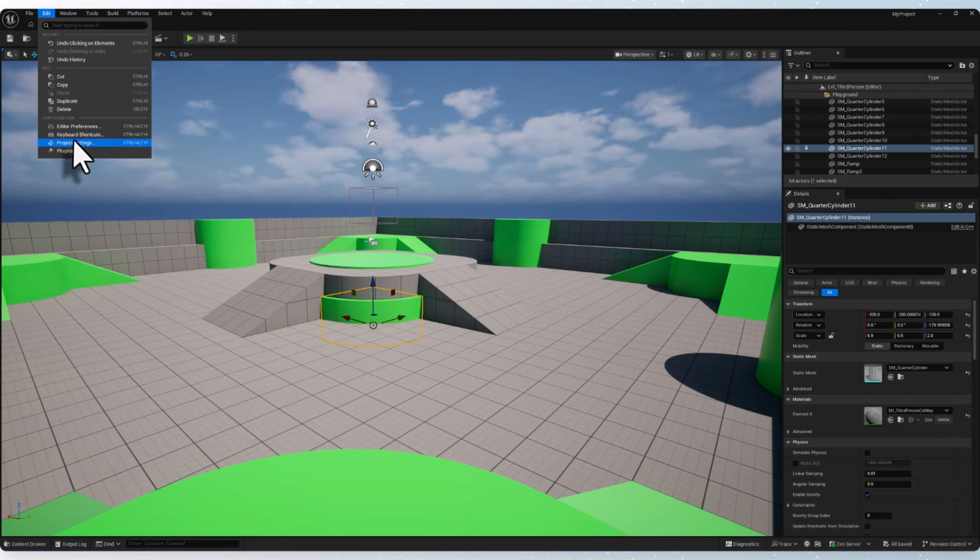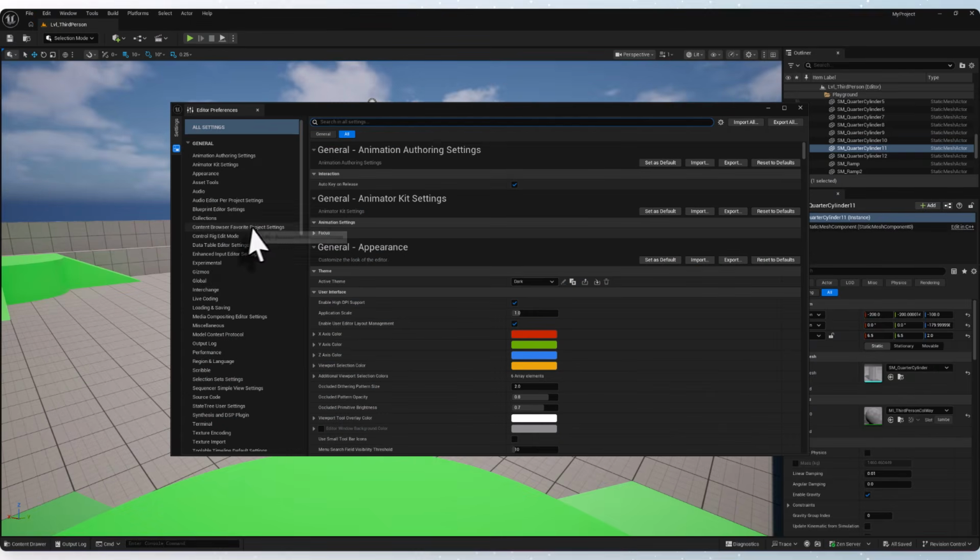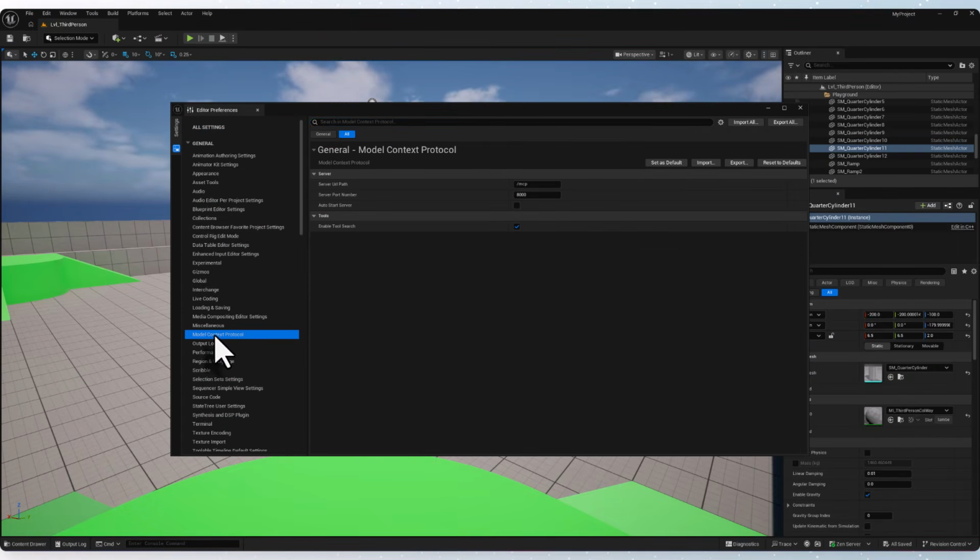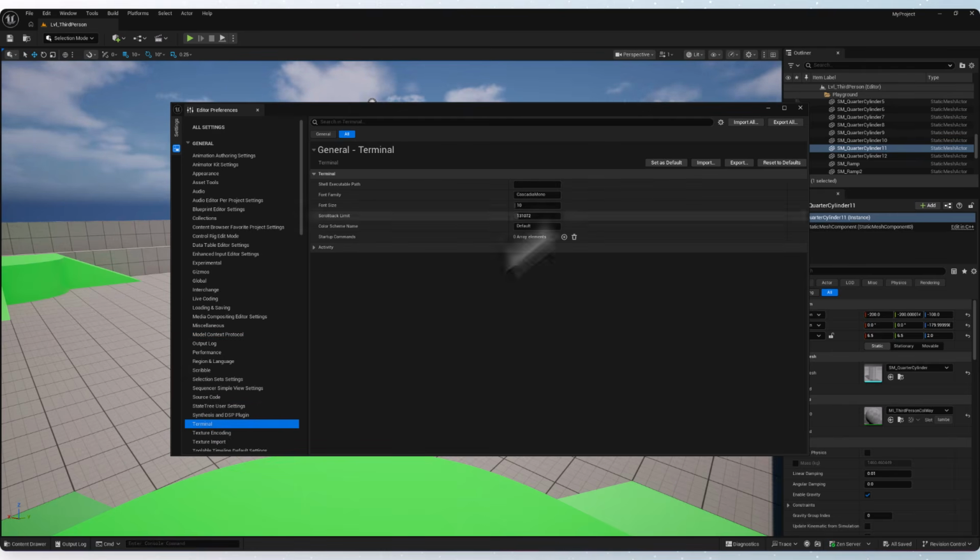Go here to Editor Preferences, search for Model Context Protocol, enable MCP. Okay, where is terminal? Okay, I think it's good. And now,